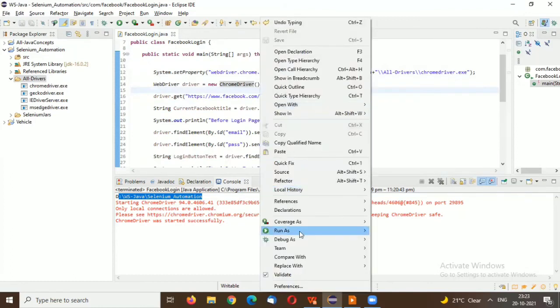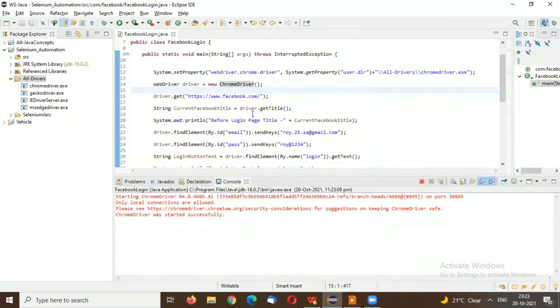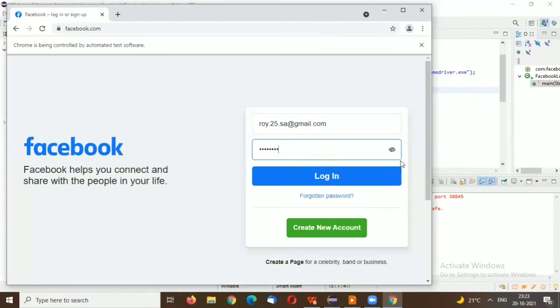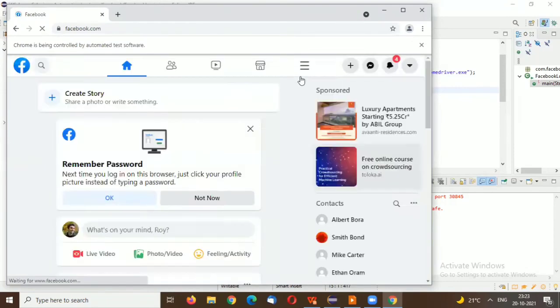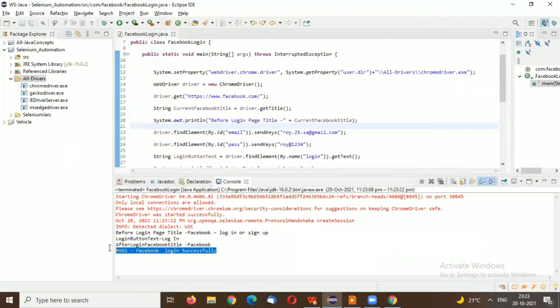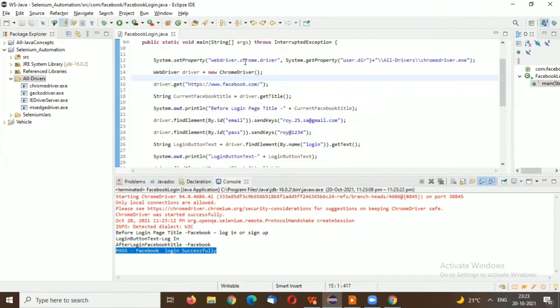So if I run this program now, it will launch Chrome driver and facebook.com, and we'll try to log in, right? Okay, we have logged in successfully with facebook.com. So we have successfully run your first script in the first browser, Chrome browser, with the global path setup and